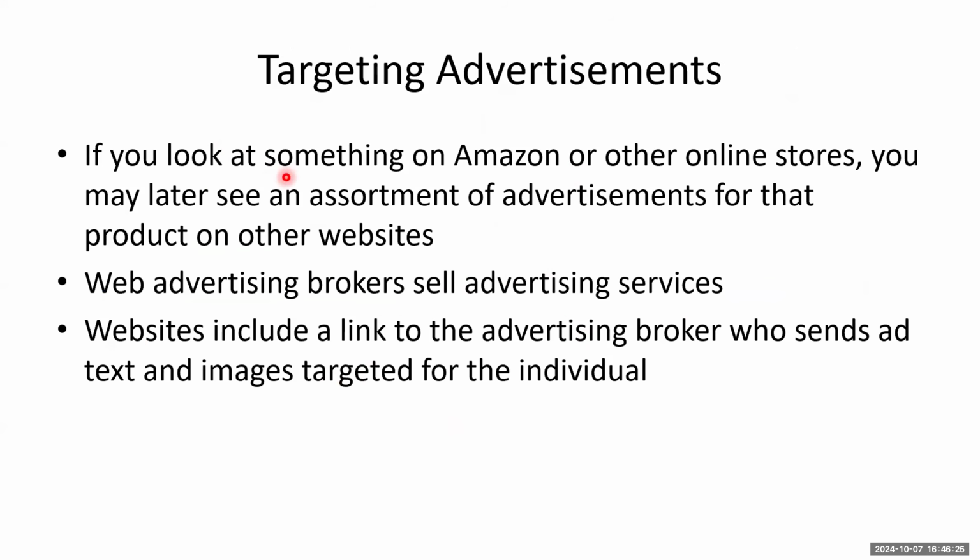Okay. Sometimes you go to certain companies, online merchants, particularly Amazon. I use Amazon, and they do this all the time. If you go there and you're browsing around and you look at widgets on the Amazon website, then if you go to another web page, just something completely unrelated, you get advertisements for widgets along the side. How do they know you wanted widgets? Because Amazon tells the advertisement brokers, people are looking for widgets. If you see this person come by, again, send them an ad for widgets. I know they want to buy a widget.